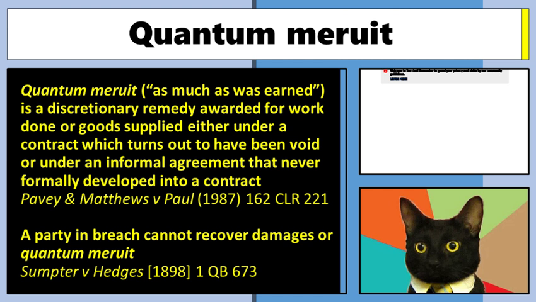And it's discretionary. You have to ask the court to grant it. You can't just call them up and say, oh, I did all that work for you, I spent all this time and money, I want to be paid. No. You have to get the court to do that. So if a person calls you up and says, this has happened, you are not obliged to pay them until they have got an order from the court, because it's in equity. It's not a common law.